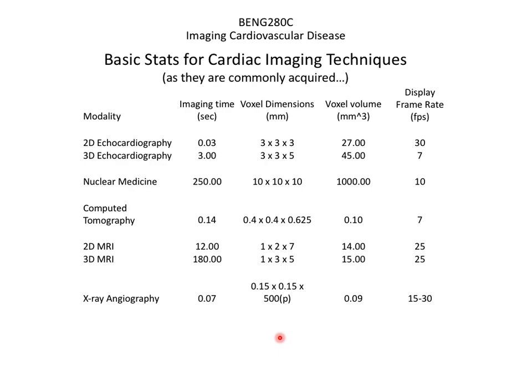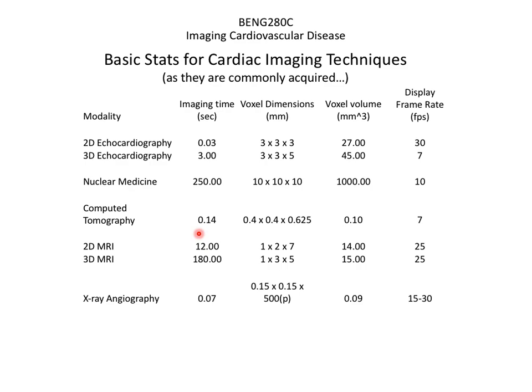But this is a starter table for the relative values of these parameters. Here, 2D echocardiography imaging time is down to 30 milliseconds per picture. 3D echocardiography is about 3 seconds per picture because you have to add up a whole bunch of views to get a 3D volume. Nuclear medicine takes many minutes to take the image that you're going to look at. Computed tomography, right now, is about 150 milliseconds to take that full 3D volume, which is pretty remarkable